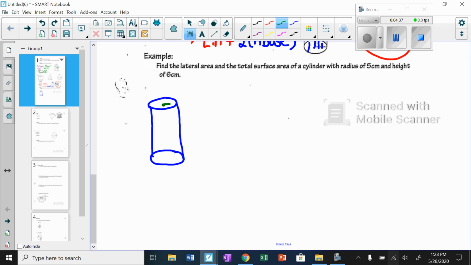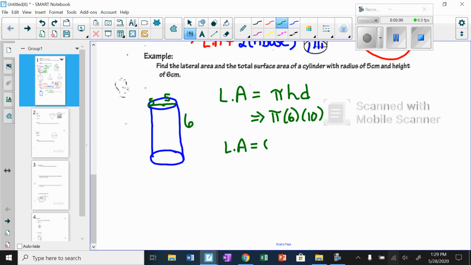So the radius is 5 and the height is 6. So the lateral area is PhD, pi, height, diameter. Pi is pi, height is 6, diameter is not 5, the radius is 5, so the diameter is 10. So the lateral area is going to be 60 pi centimeters squared. Now the total area